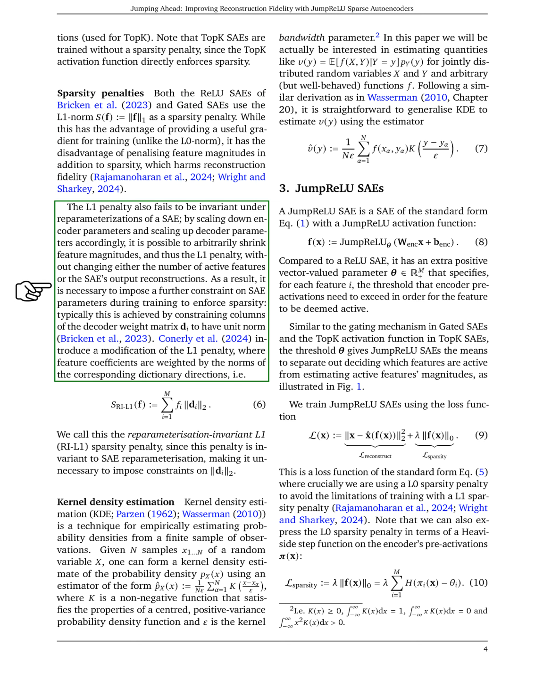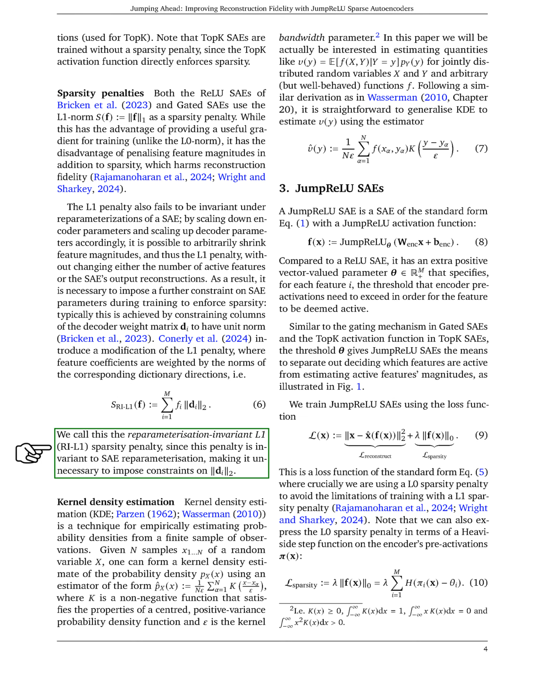Additionally, the L1 penalty is not invariant under reparameterizations of the SAE, meaning we can shrink feature magnitudes without affecting the number of active features or the output reconstructions. To address this, we impose further constraints during training, typically by ensuring that the columns of the decoder weight matrix have unit norm. We introduce a modified L1 penalty, where feature coefficients are weighted by the norms of the corresponding dictionary directions. We refer to this as the reparameterization invariant L1, ReL1, sparsity penalty, as it remains unaffected by SAE